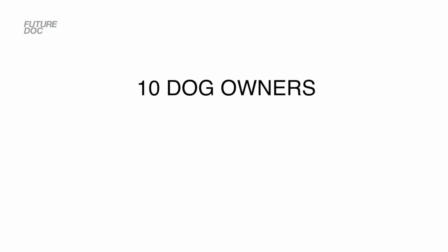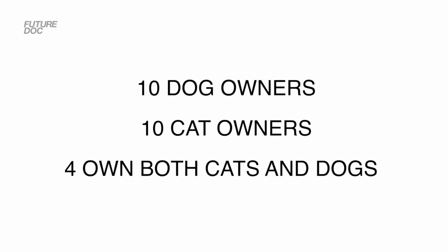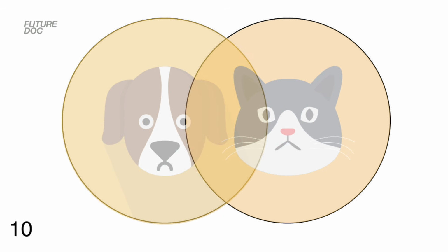So let's give an example. Let's say we have 10 dog owners and 10 cat owners, and 4 people own both cats and dogs. And what it will probably do is give you the Venn diagram where they overlap and give you the 4 in the middle in that overlapping point. Now, some people will fall into the trap of putting 10 in the remaining area of each cat and dog only, whereas actually it's the 10 of the cat owners minus the 4 of the people who both own cats and dogs, so you take that away to give you 6,